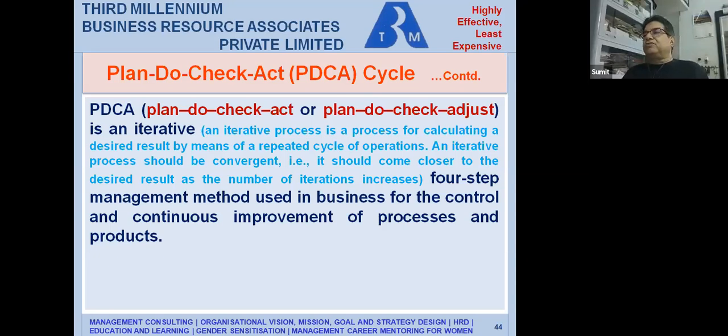So plan, do, study. And now here again a change comes in. Instead of check, it says study. So when you check, you are actually studying it. So these are different ways of putting it. So here it can also be called PDSA, plan, do, study and act. So instead of check, what has come? Study. So I am just giving you various terminologies so that you don't get stuck if somebody talks about PDSA rather than PDCA. So basically the same, it is a way of looking at it.